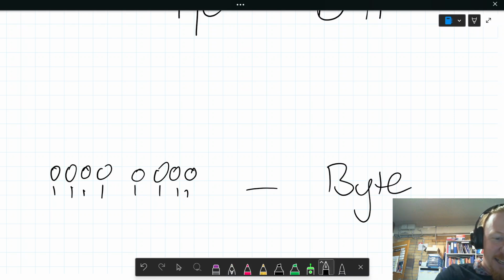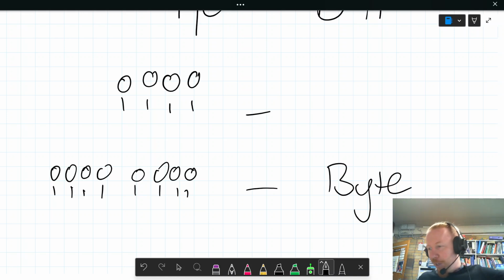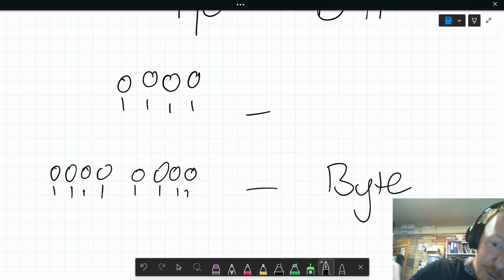So if 8 bits is a byte, what do you reckon, this is a fun little joke I guess, what do you reckon just 4 bits is? I mean, just 4 of these 0 or 1 decisions. I can give you 20, 30 seconds just to give your teacher some answers. What is smaller than a byte, but bigger than a bit? Teacher, please feel free to pause this so I don't have 30 seconds of dead air, because I'm about to give the answer. Cool. If you guessed a nibble,